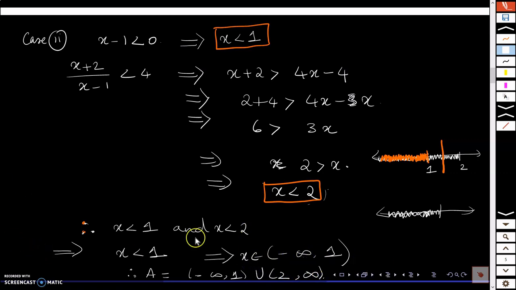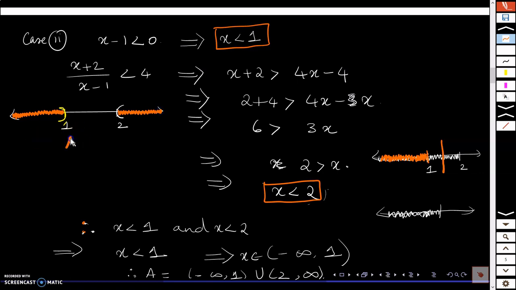Alright, so if you try to plot the set A here on the number line, how will it look? Let me plot that. So this is the set A now finally on the number line. I have 1, I have 2, and they are open here this way. And let me mark in some other color. I'll pick up red. So this is minus infinity comma 1 open, and this is 2 comma infinity open, right?